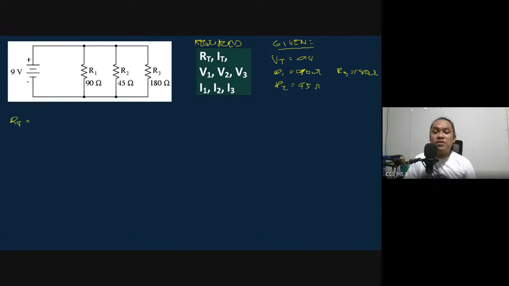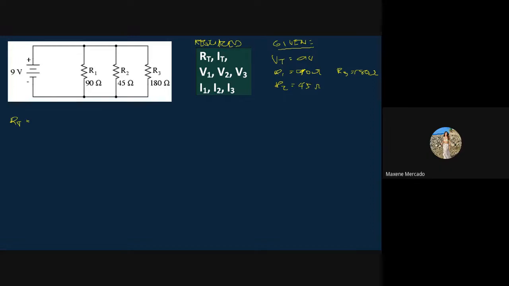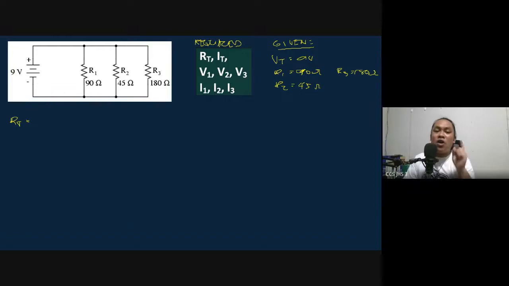How can we solve the total resistance? Because we already have the values, R sub 1, R sub 2, R sub 3. Very good, Maxine. From the given condition earlier, to get the value of total resistance, all you need to do is